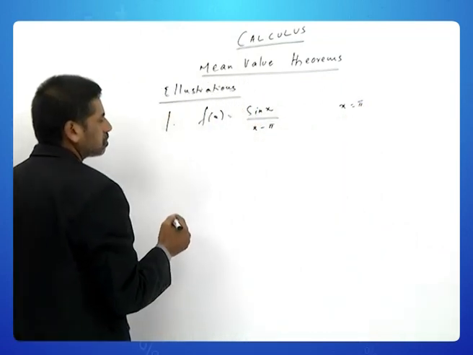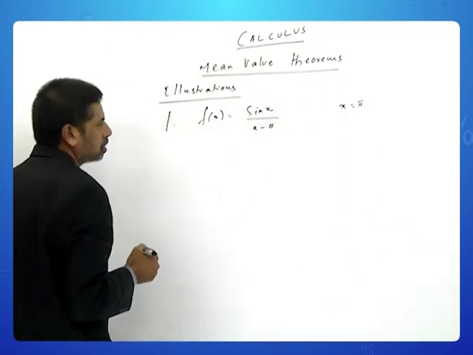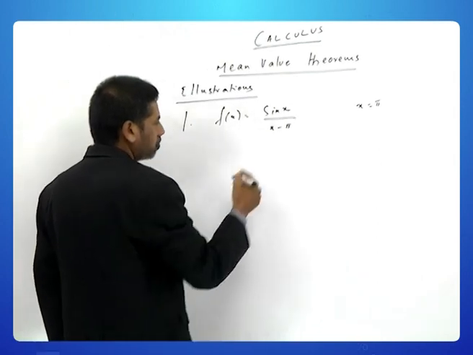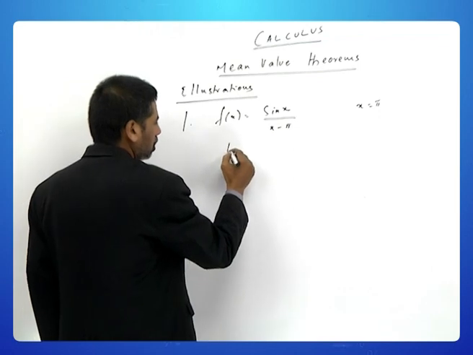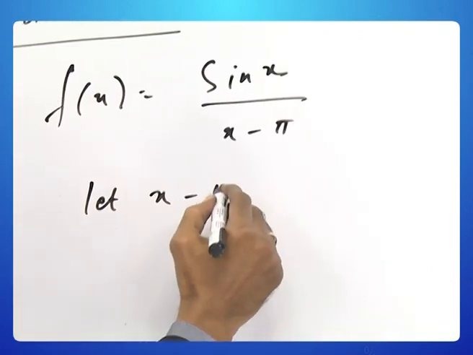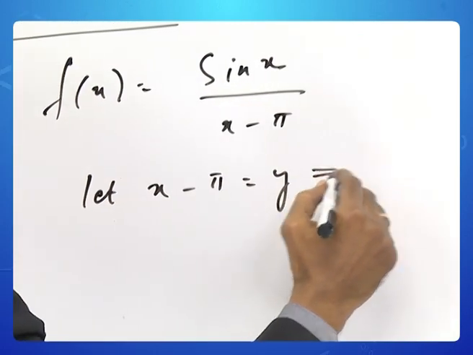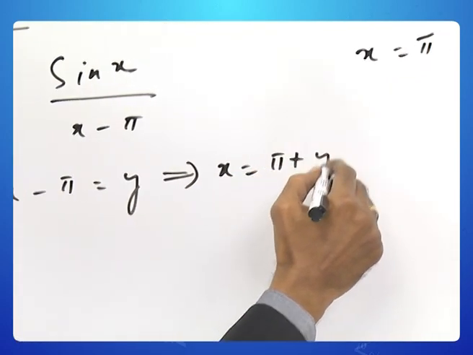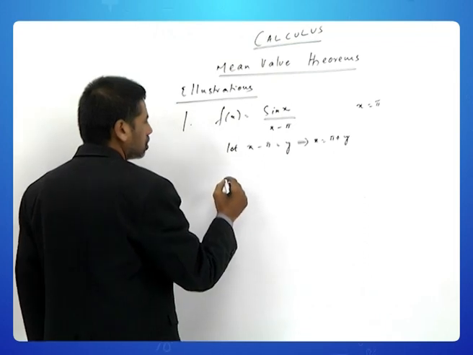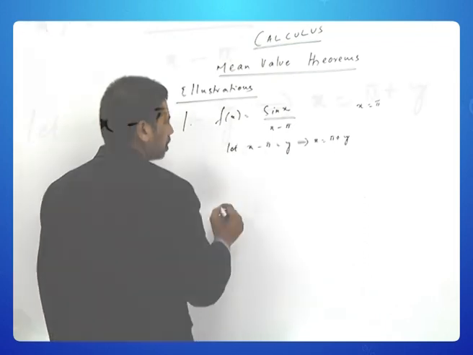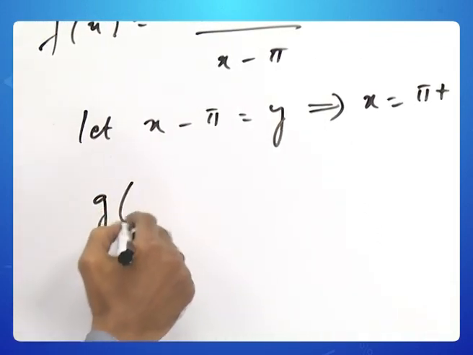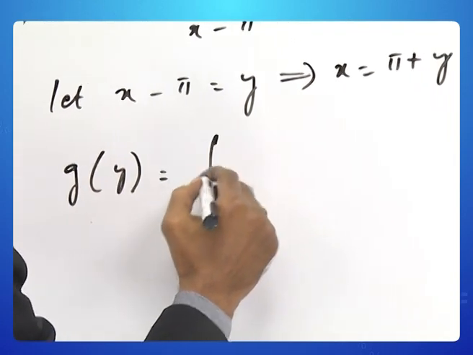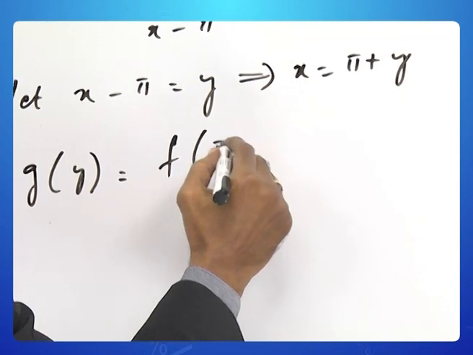Now, let us look at this problem. There is a singularity at x is equal to pi. So, we make a small substitution. Let x minus pi is equal to y. This implies x is equal to pi plus y. So, f of x gets transformed to a new function g of y, which is nothing but f of pi